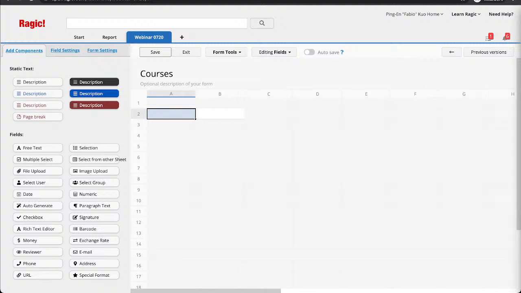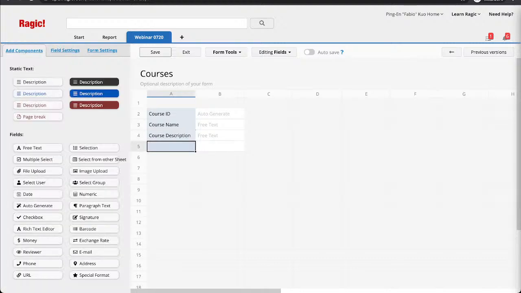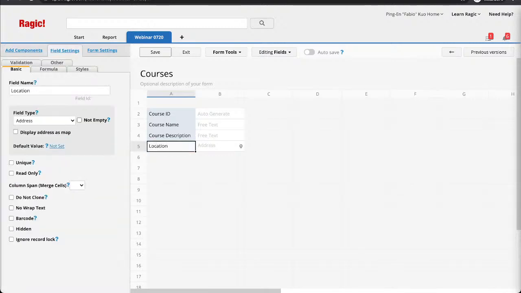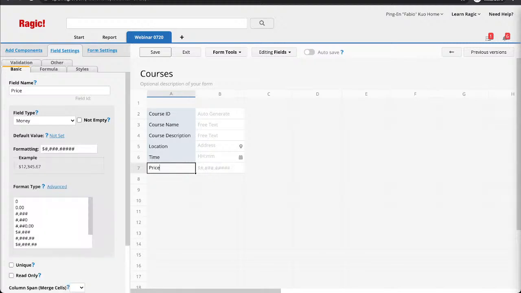So for example, the course ID, course name, course description, and price. Again, click on save. This is basically like using independent fields for course information.